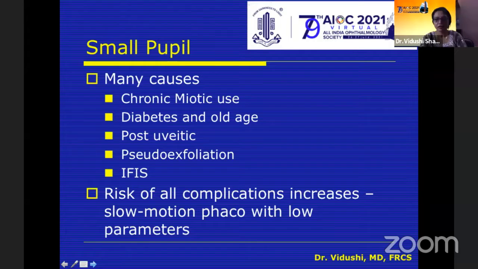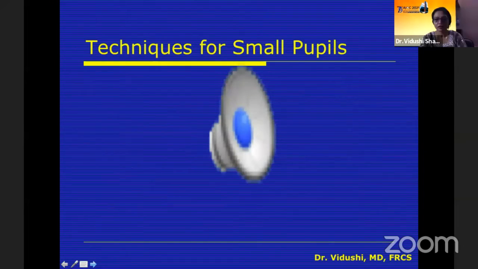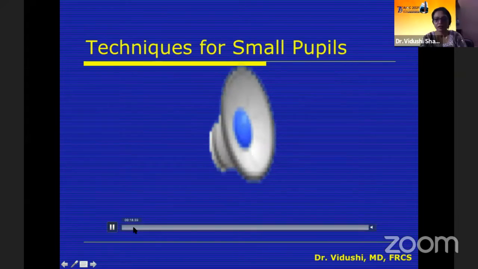Now, the kind of techniques that are available are either pharmacological, where you have intracameral drugs, etc., viscomydriasis, devices, rings, and other pupillary expansion devices, hooks, pupillary stretch, which is becoming almost obsolete now, and a combination of these different techniques. So if I can show this small video, this is if you have a small pupil,